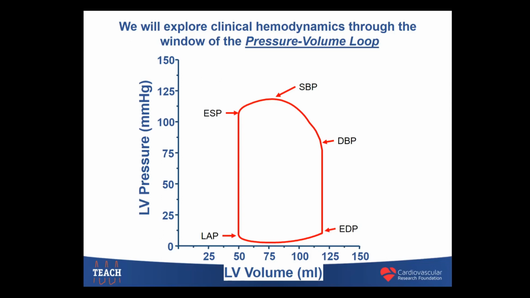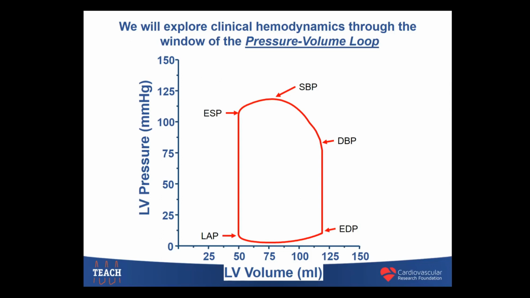What we say is LVEDP, which is the same thing as saying that if you hear a patient who has had a right heart catheterization or has a Swan in place, and someone says, oh, what's the wedge pressure? Well, that's the same as your left ventricular end diastolic pressure. It's a surrogate, right? And then if we think about the isovolumetric contraction, well, when the aortic valve first opens,